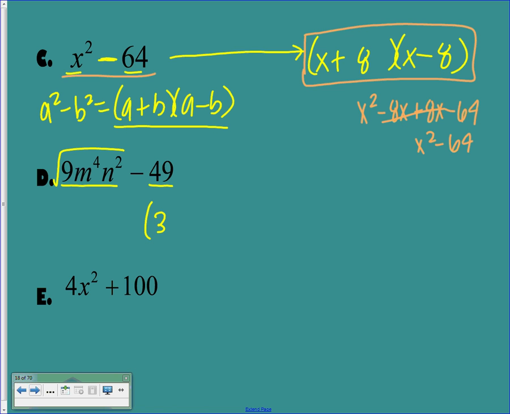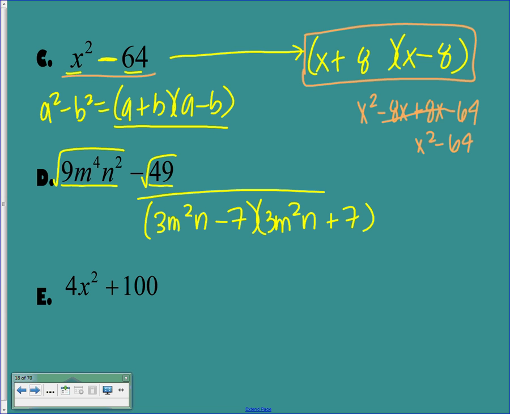Square root of m to the fourth is m squared, and the square root of n squared is n. Minus square root of 49 is 7. And then the second parentheses is the exact same thing, only with a plus sign. Again, if you were to FOIL that back out, I promise you, you'll get exactly what we started with. Okay, part E